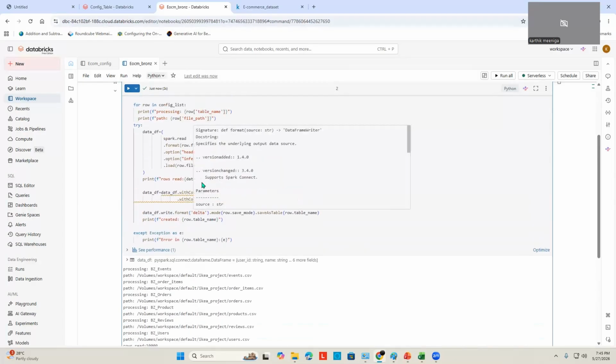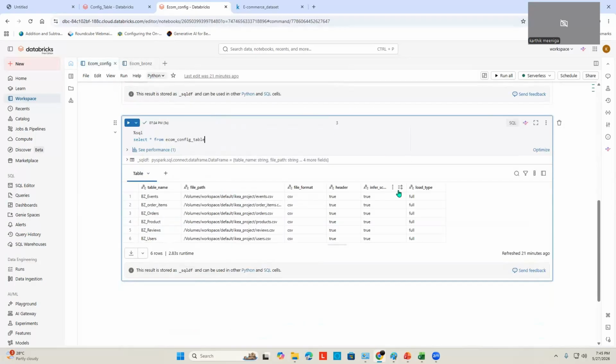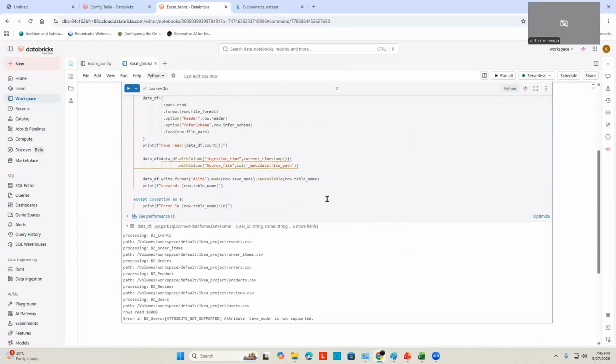Save mode. We need to check where exactly the issue is. Save mode attribute is not supported. So the save mode is this one, save as table, and